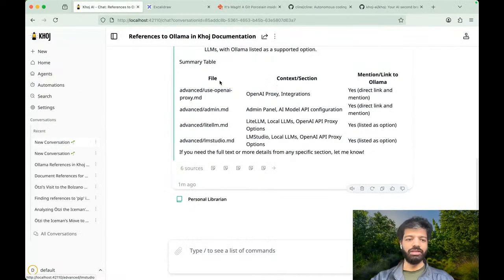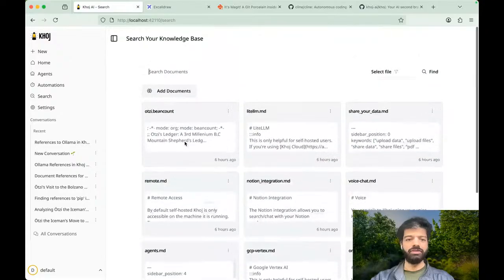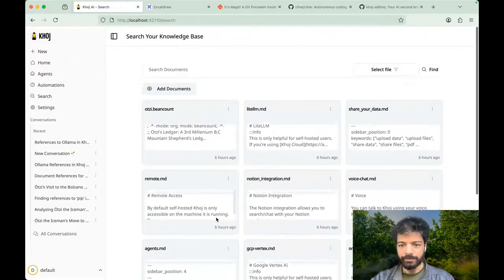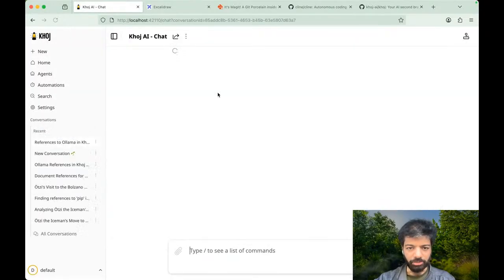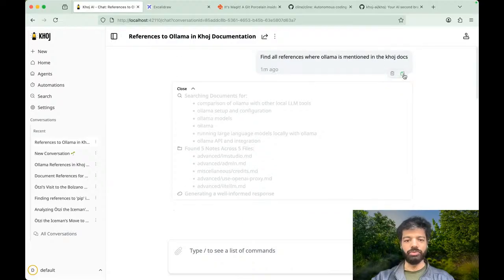This is the same set of information that is indexed with Khoj here, apart from this bean count file. So, right, technically for this question, Khoj was able to look up this information without using the grep tool. It didn't use the grep tool.